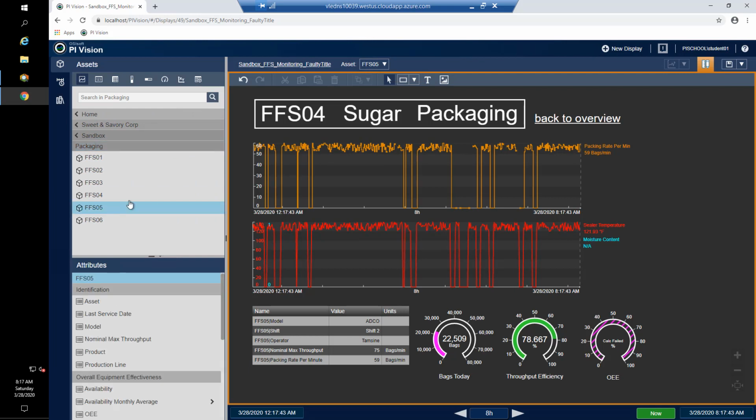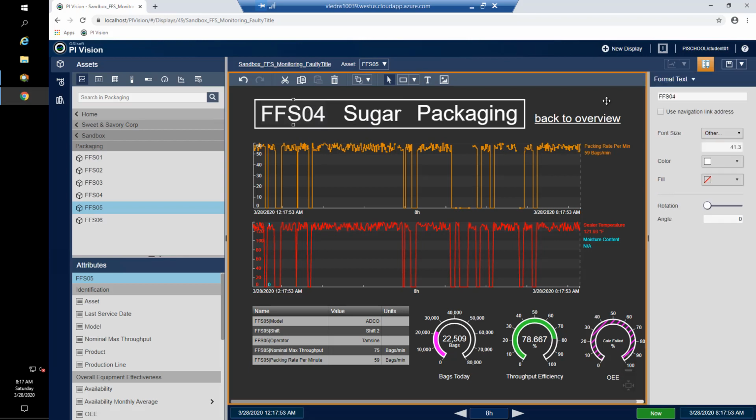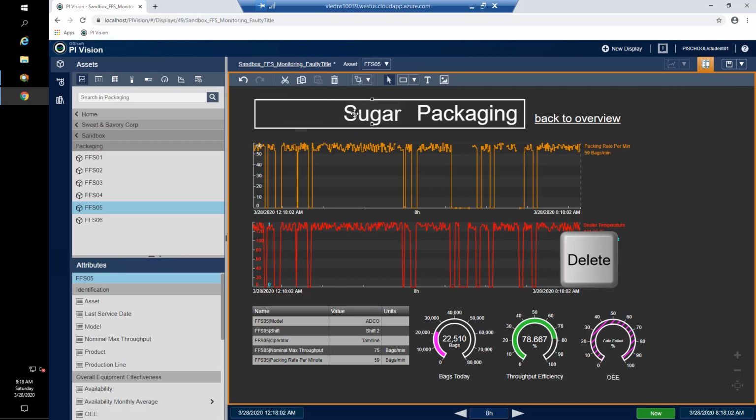These fields here are currently set as just straight text. I could format the text to type in what I wanted to say, but I'm going to delete this just by hitting the delete key, and then we're going to build up the name using variables.